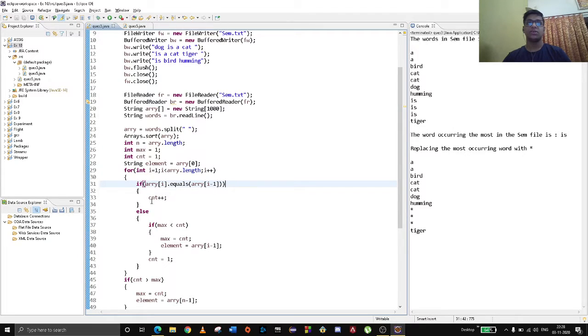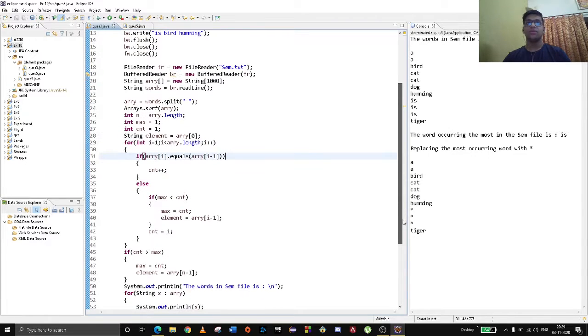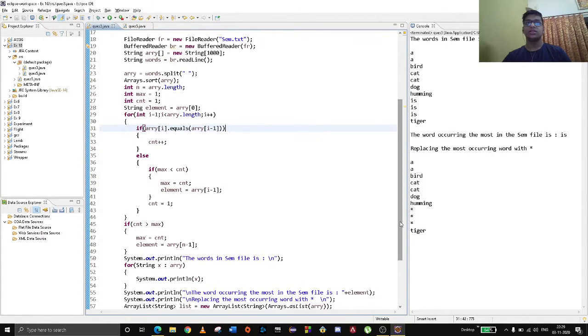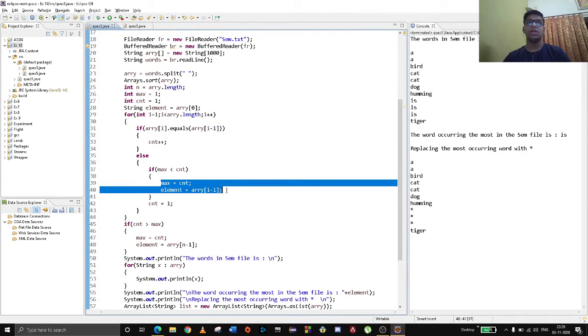If so, then count plus plus, else we reset, providing a max variable and a count variable initialized to 1. Every time a word comes it counts 1, and if a word comes twice or thrice it counts as usual. If it comes 2 times, count will be 2, and we store max equal to count and the element equal to the last one.